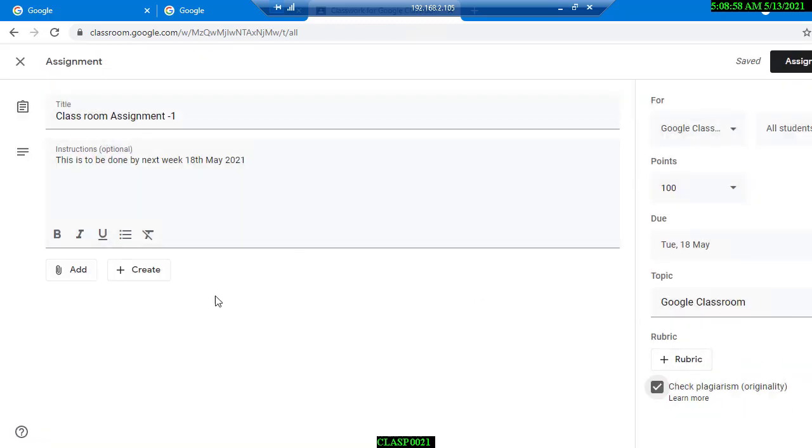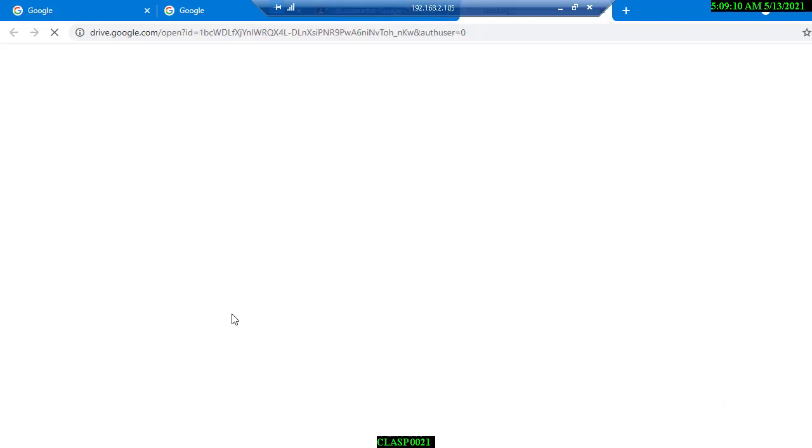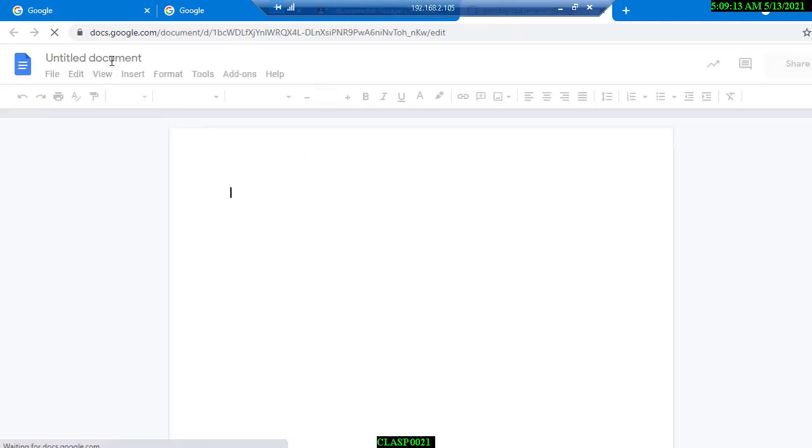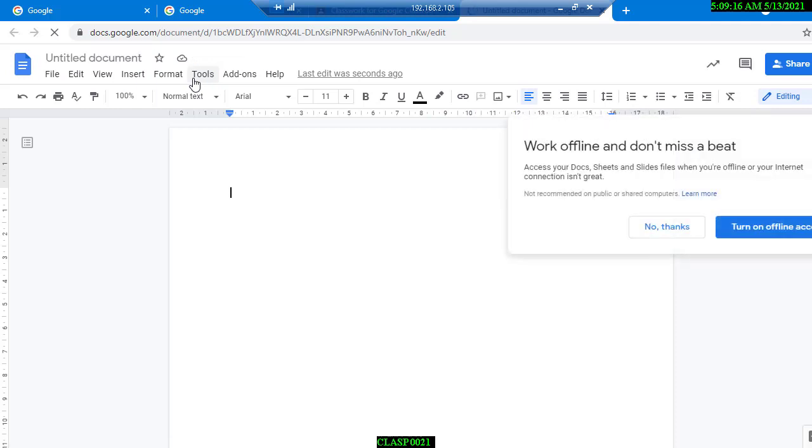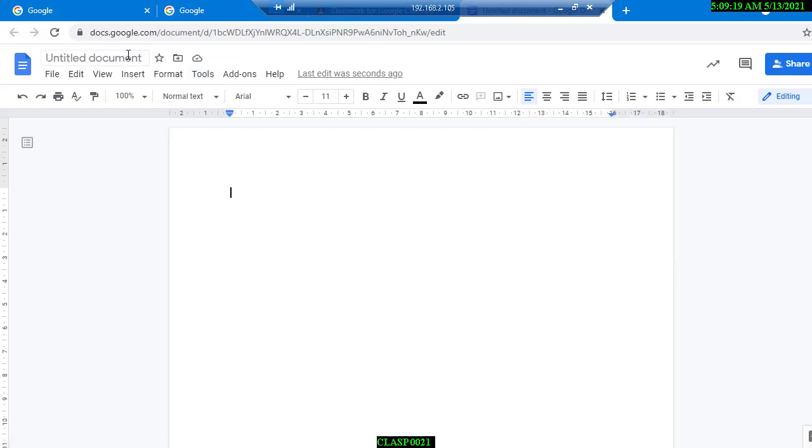Okay, so now if we wish to create a document and attach it into this, we can also do that. For example, we want to create a document that says some more details about the assessment. Okay, so this may be just for testing, I would like to place it here. Now you close this one, and